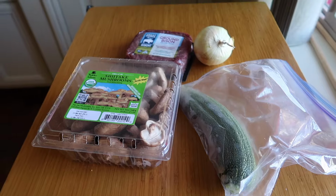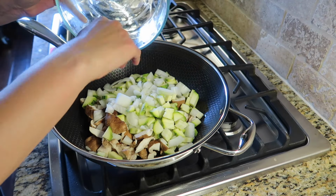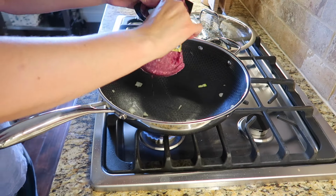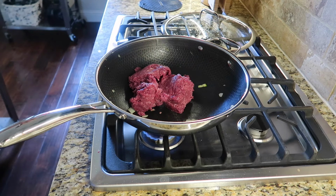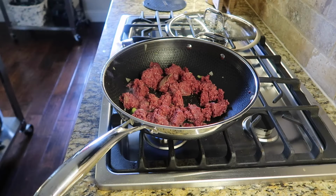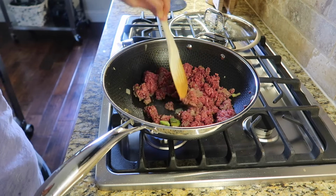And then to go along with the potato salad, I just kept it really simple and cooked up some ground bison with some onions, some mushrooms, another zucchini that my neighbor gave me, and then some spices, just some dried herbs. And I just wanted to remind you that dried herbs and fresh herbs for that matter can be